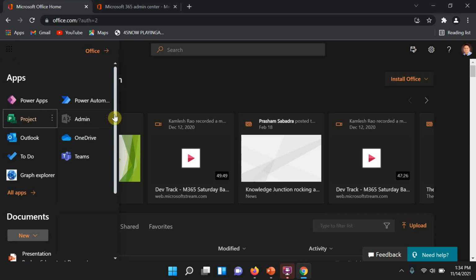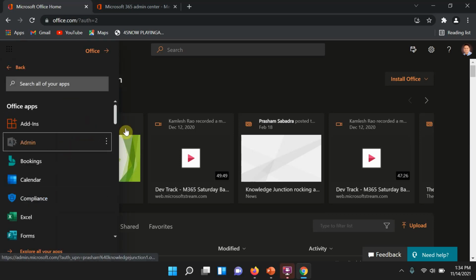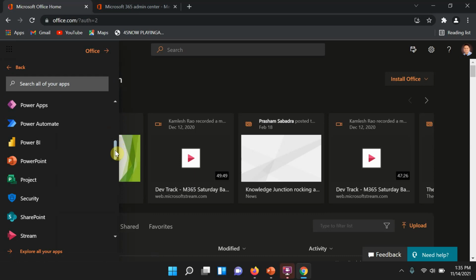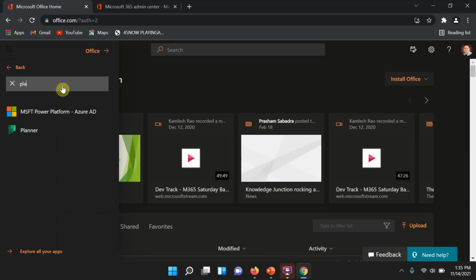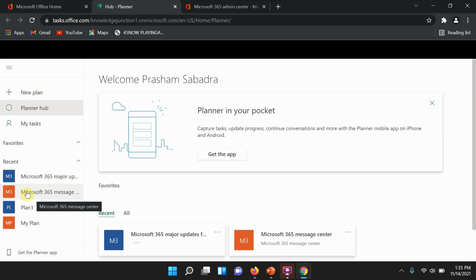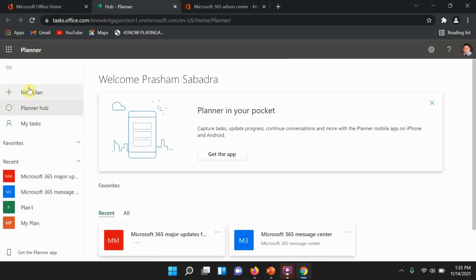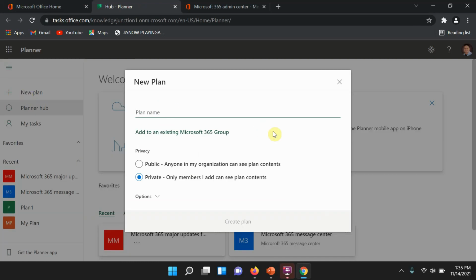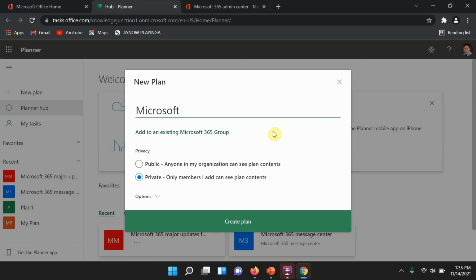So how to create the new plan? I'll go to Microsoft Planner through all apps. Let's search for Planner and open it. Once we have Planner open, in the left navigation there is a new plan option. Give a good name: Microsoft 365 Message Center, Tasks from Microsoft 365 Message Center.